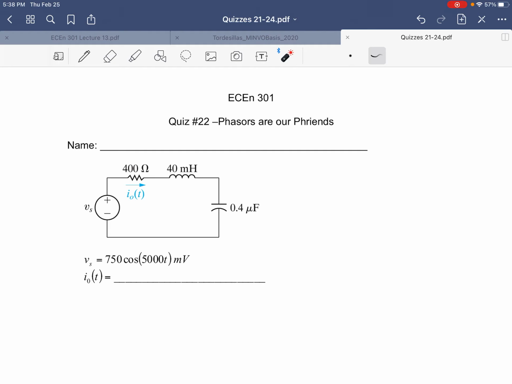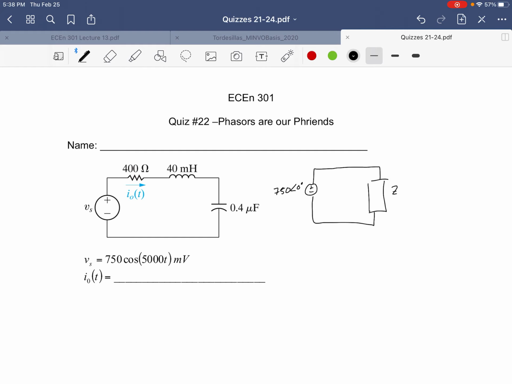So first, to convert to the phasor domain, the voltage source, Vs, is going to go to 750 phase of 0 degrees. Notice we have the magnitude and no phase. Okay, and then we're going to have an impedance here. And the impedance is going to be,